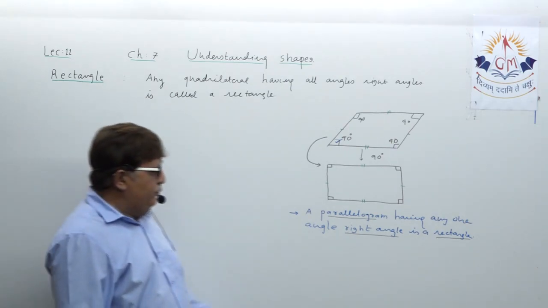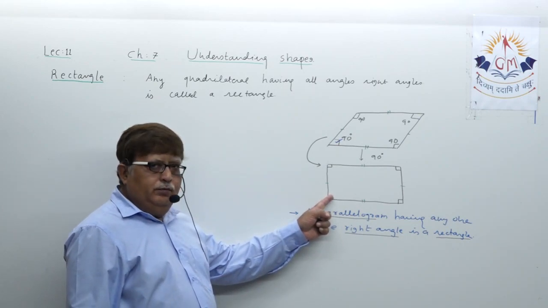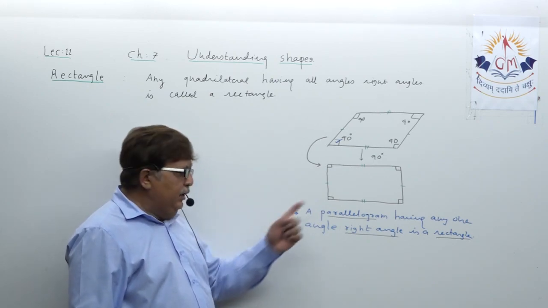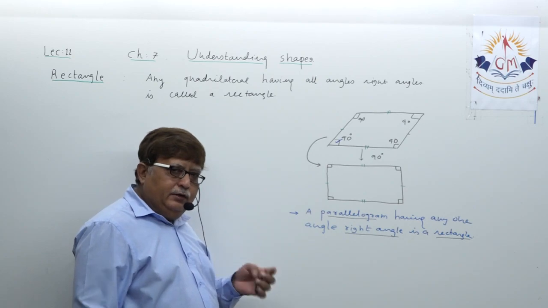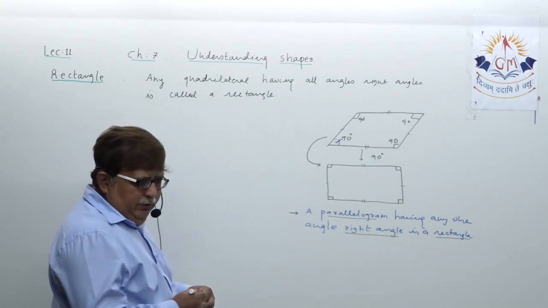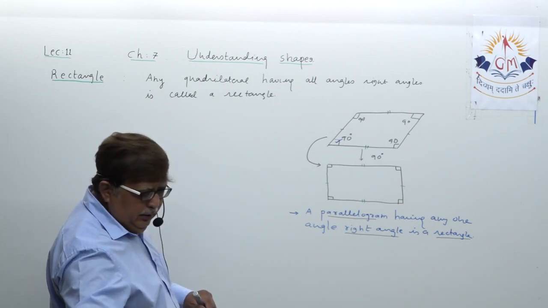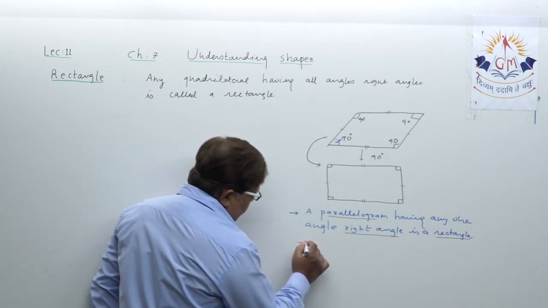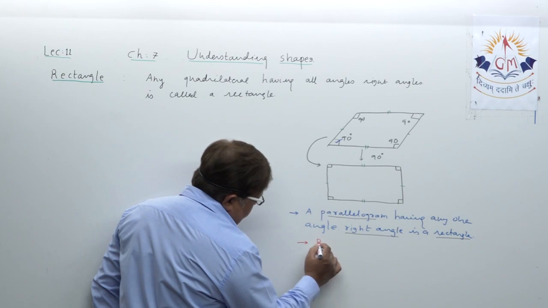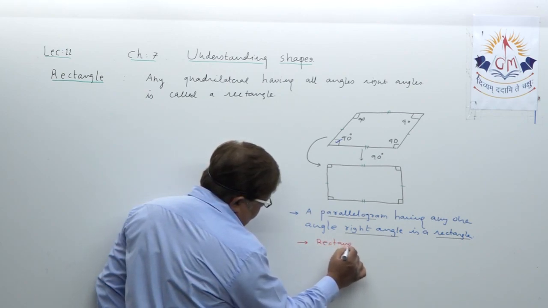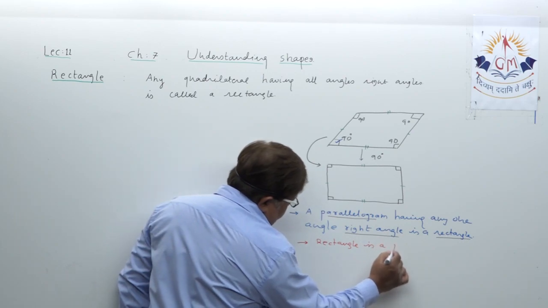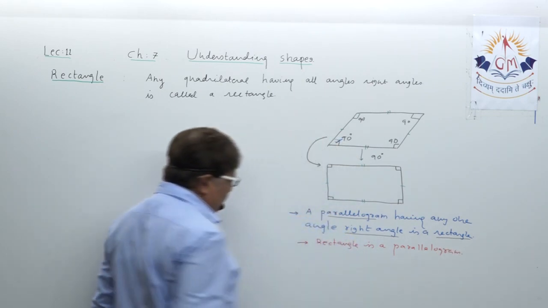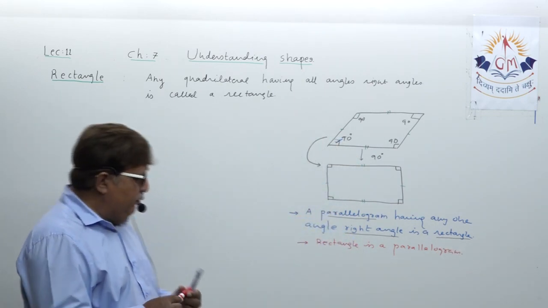We have to discuss one of the theorems regarding parallelogram, regarding rectangle. But before I explain that theorem, the statement which I am speaking again and again, please note it down. Understand that a rectangle is a parallelogram. This is what you need to quote down, a very important fact.